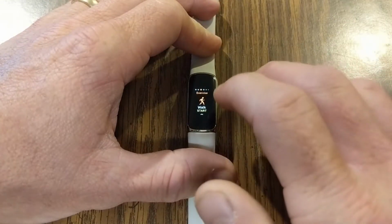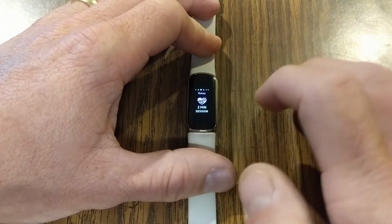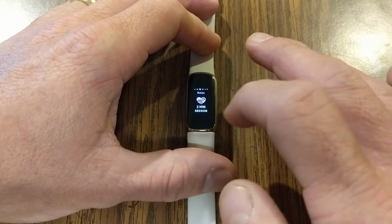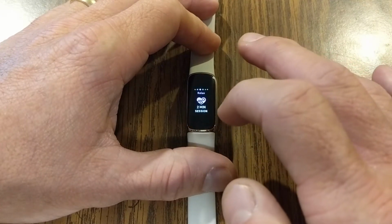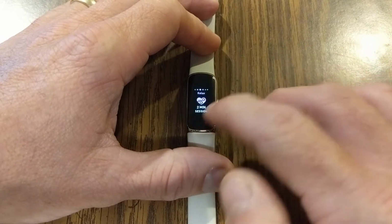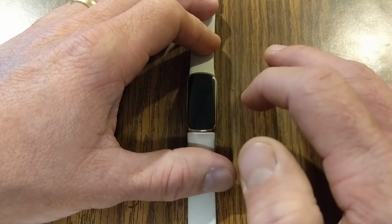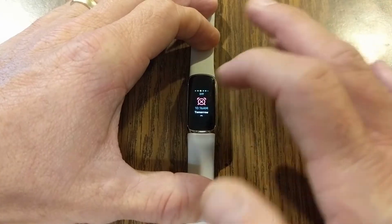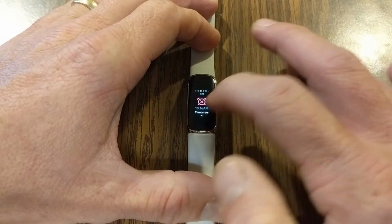and I went through exercises before. We've also got this relax session, which is kind of cool. It gives you some breathing exercises that you can run through for a 2-minute session to help relax you during your day. You can also set alarms on the Fitbit Luxe, and in this case I was playing around with